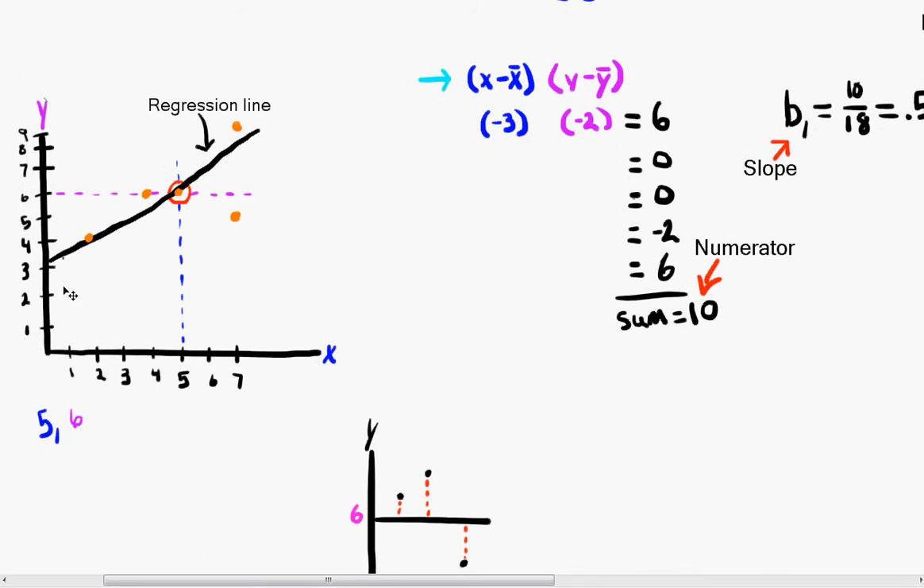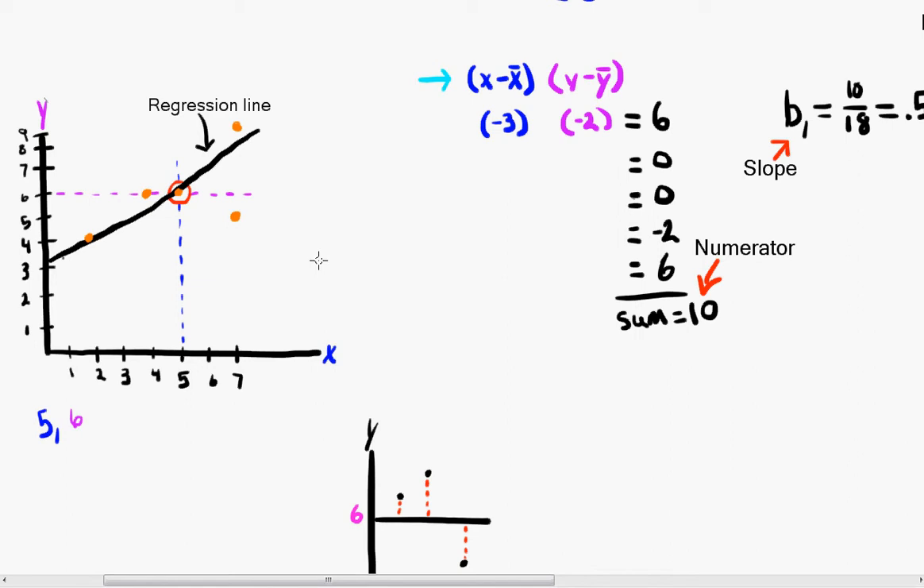So a positive relationship would look like this, kind of similar to the one I already have drawn up. And a negative would look like this, going downwards. Okay, so